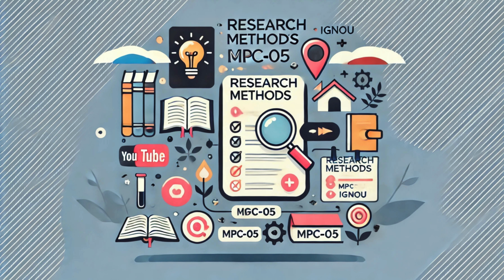Makes total sense. Now, what about choosing the right people to answer those questions? I imagine that's pretty important too, right? You bet. It's all about selecting a sample that actually reflects the key characteristics of the larger group. Think of it like baking a cake. You need the right proportions of ingredients to make it delicious. Okay, I'm with you. So too much flour, not enough sugar, and you've got a cake disaster. Exactly. Same goes for survey research. If your sample is skewed, your results will be too.